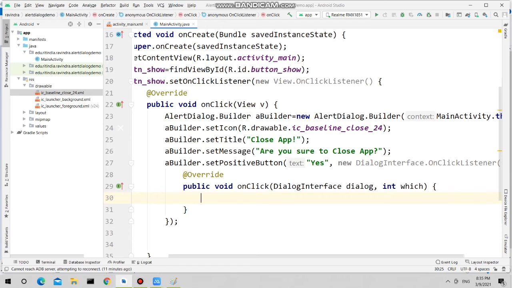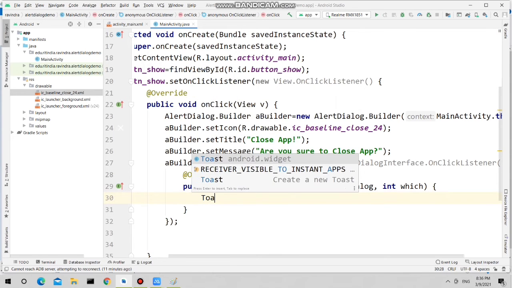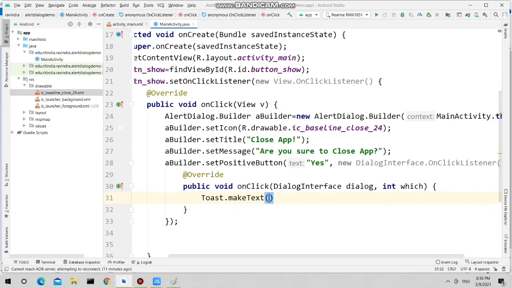Now here you can add the logic. So whenever user clicks on the Yes button, I will simply display the toast. Toast dot make text, then get application context.